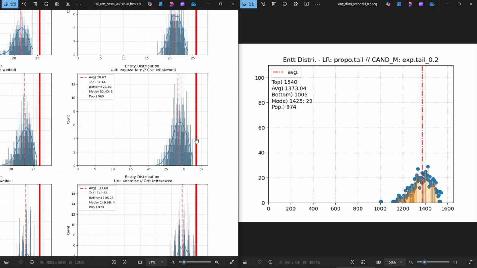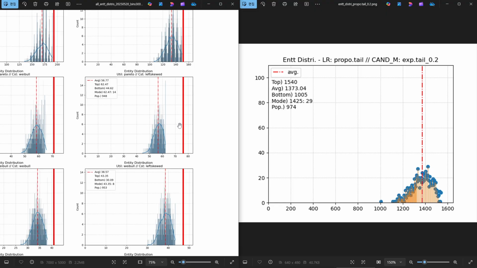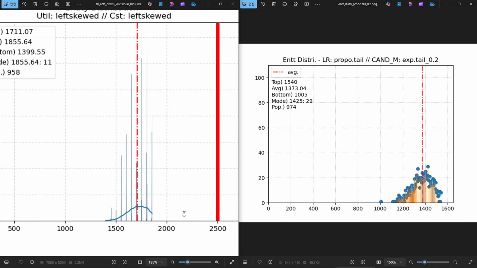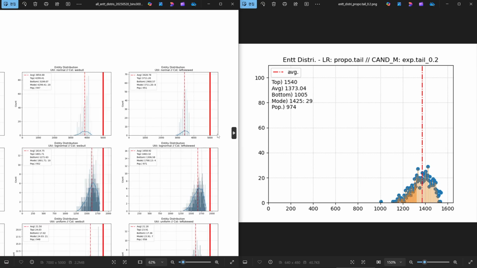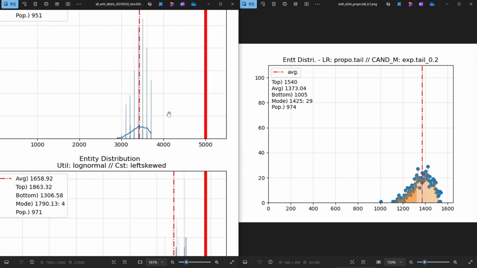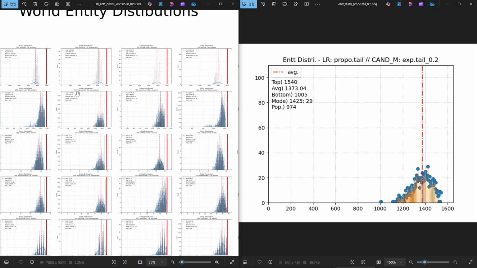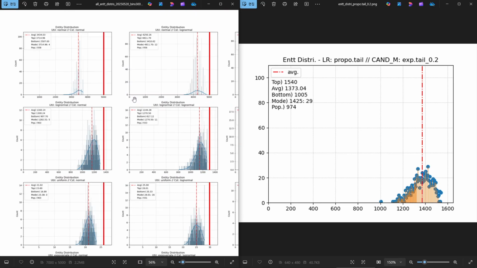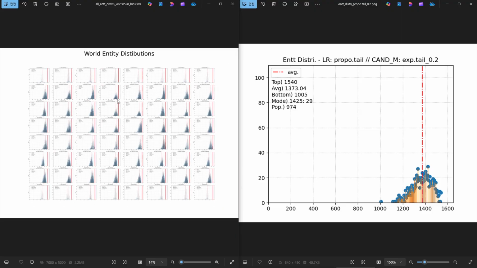This is quite close, whereas this is quite far. This is also very far. Look at that. See how normal distribution and left skewed kind of look similar? So diagonally speaking,